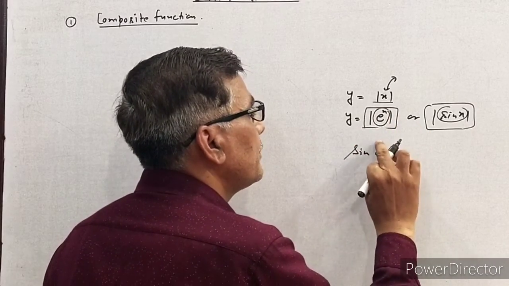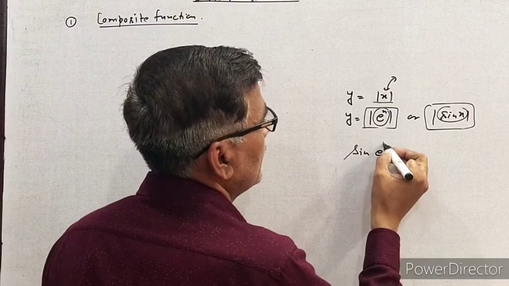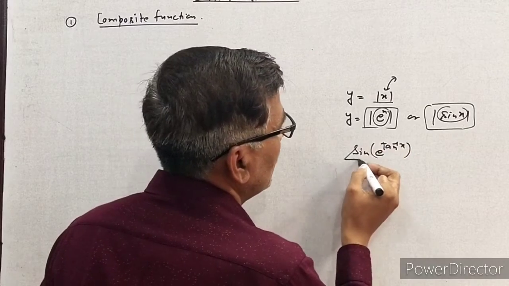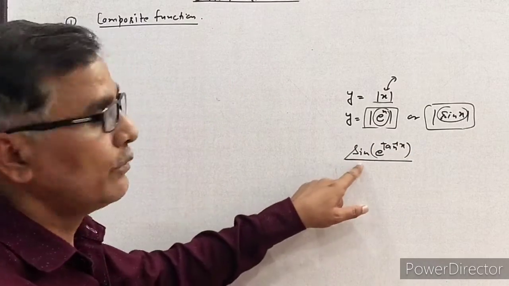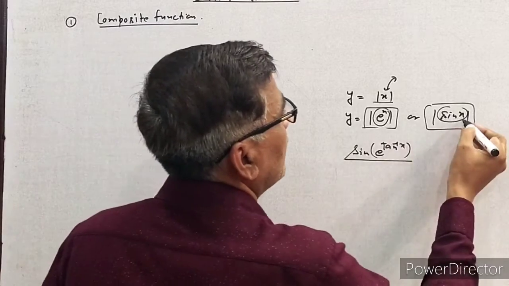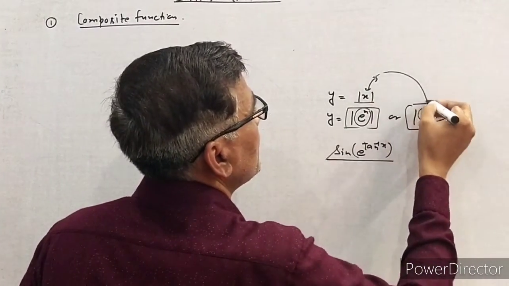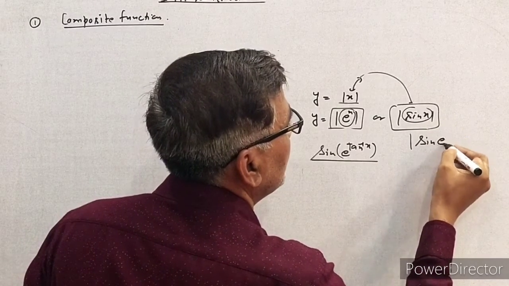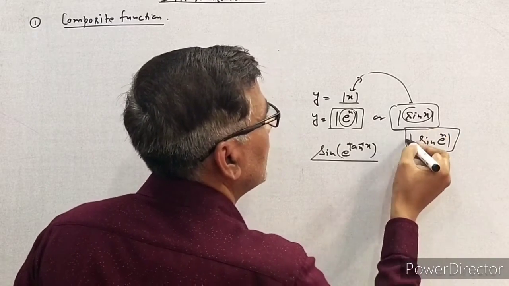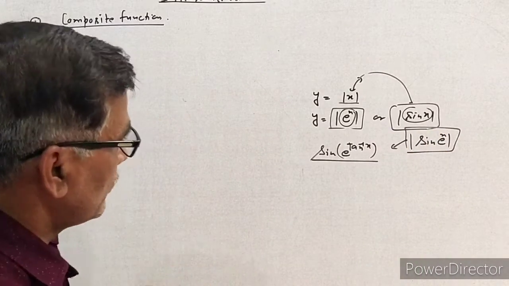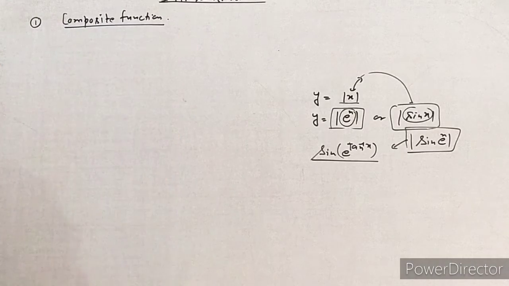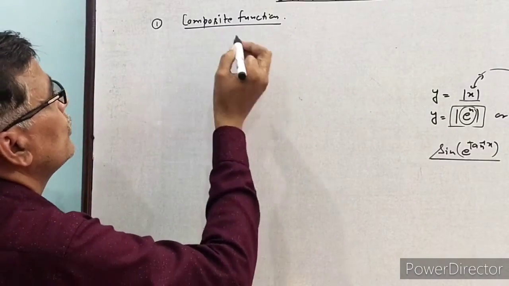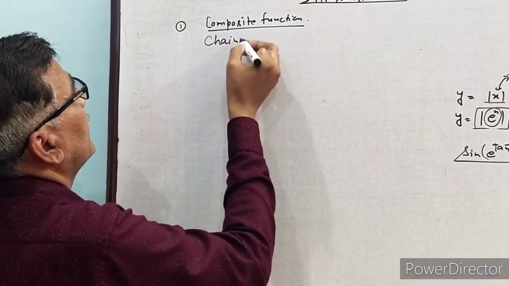If the x is again replaced by any other function, suppose we write here tan inverse x, we have double composition, while here we have single composition. x is just replaced by another function. If the x is again replaced by any other function, e raised to x, this is again a double composition. So to solve such questions, which are composite functions, we have to differentiate these types of functions using the chain rule.